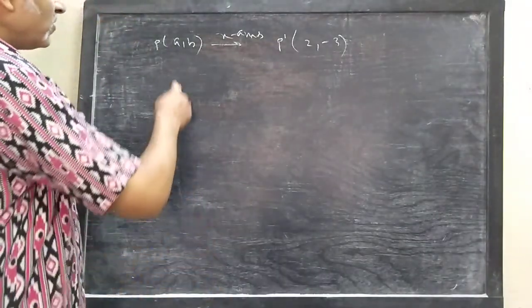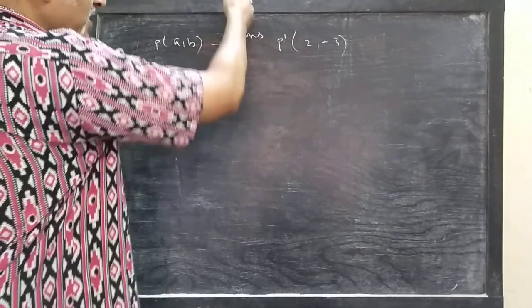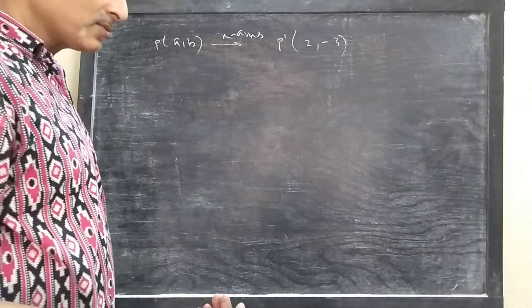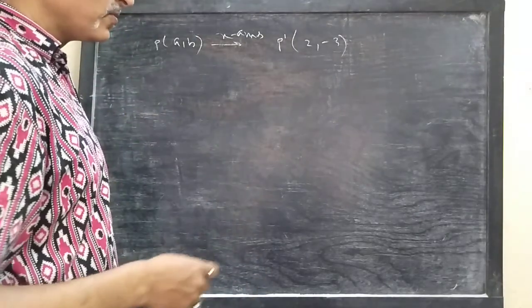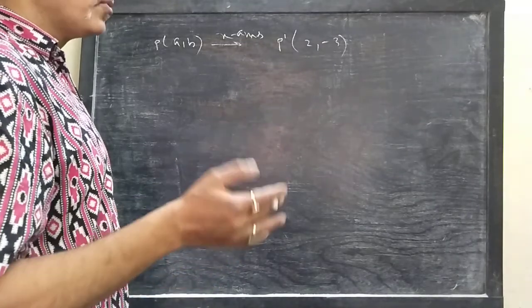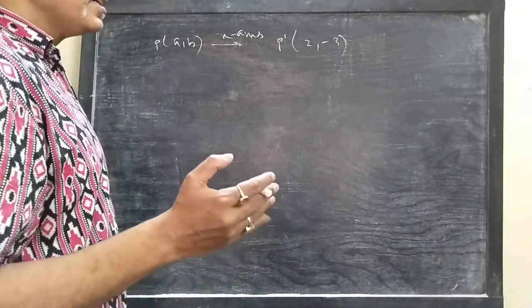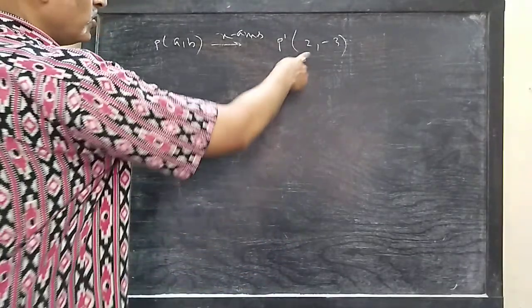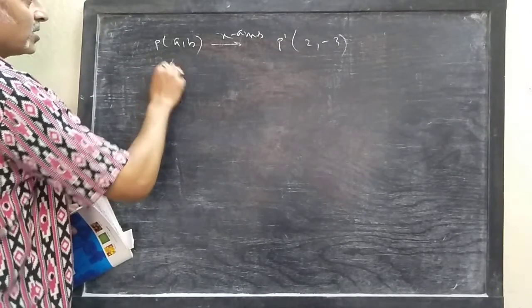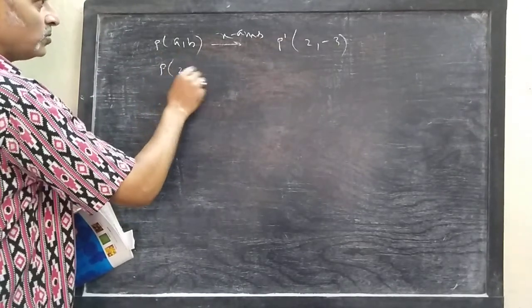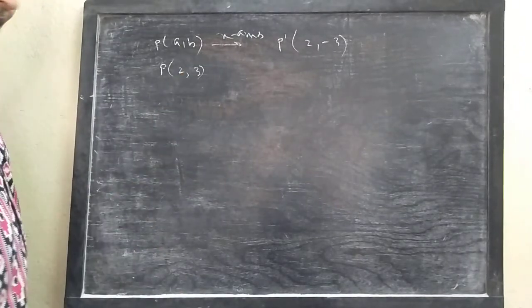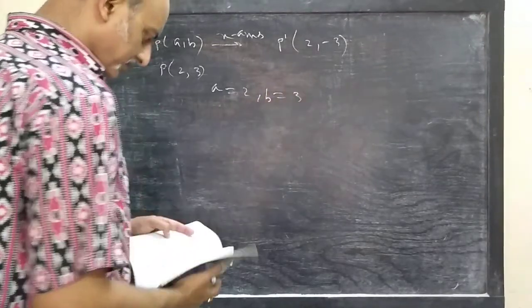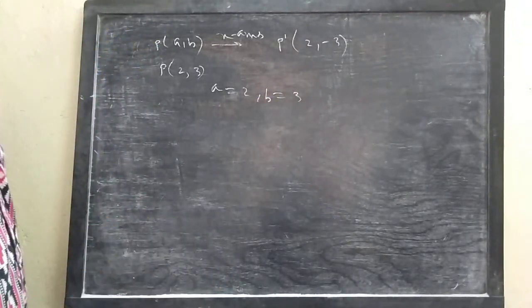Now look, if P goes to P dash after reflection in the x-axis, then P dash goes to P after reflection in the x-axis. So simple. And you know the principle of reflection in the x-axis. When some point is reflected in the x-axis, then its abscissa remains fixed, but the ordinate changes its sign. So the coordinates of P will be: abscissa remains fixed, that is 2, ordinate will be plus 3. So it is obvious that a equals 2 and b equals 3. Simple.